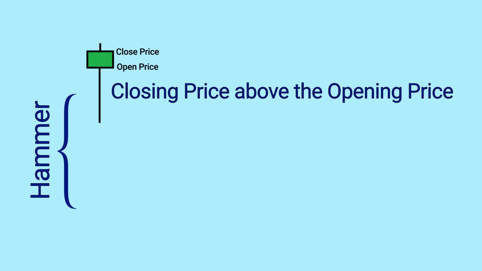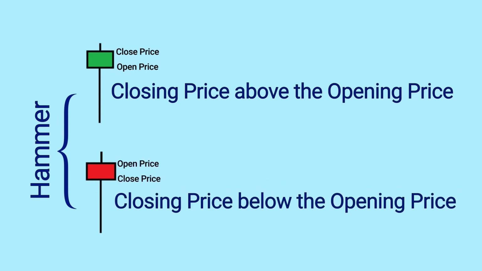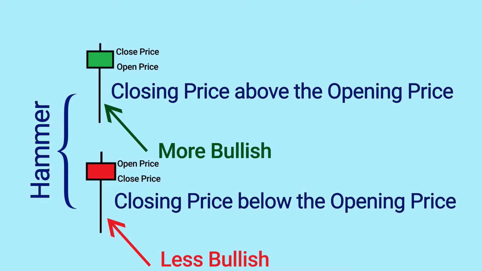If it is above the opening price, then the candle is green, and if the hammer has a closing price below the opening price, then the hammer has a red body. Obviously, a green body is relatively more bullish than a red body. What does it mean? Initially the bearish sentiment was there, but the bulls took over by the end of the day, and in the case of a green body they were so powerful that they closed above the opening price. So that is the way a hammer is formed.